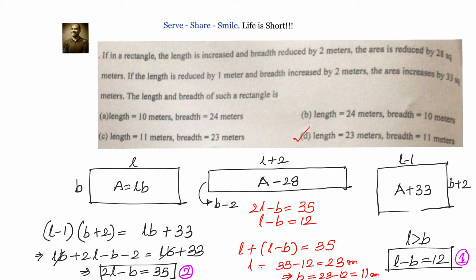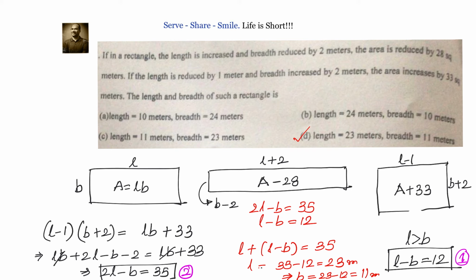If it is an MCQ, try to get one condition and substitute in the options, because we have to finish the MCQs very quickly. We don't need to write down the steps from beginning to end like a subjective question. So in MCQs, sometimes we have to start with the options and see how the options will help us solve the problem easily. When we solved this problem, we got from the first condition L minus B equals 12. Then we went to the options and ruled out all the options other than D. D is the only one satisfying this condition.